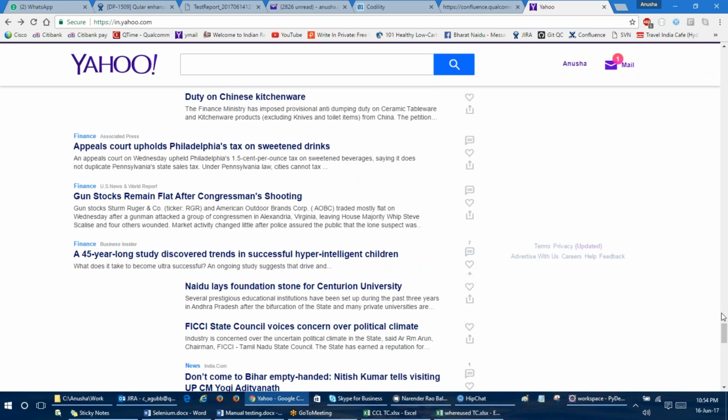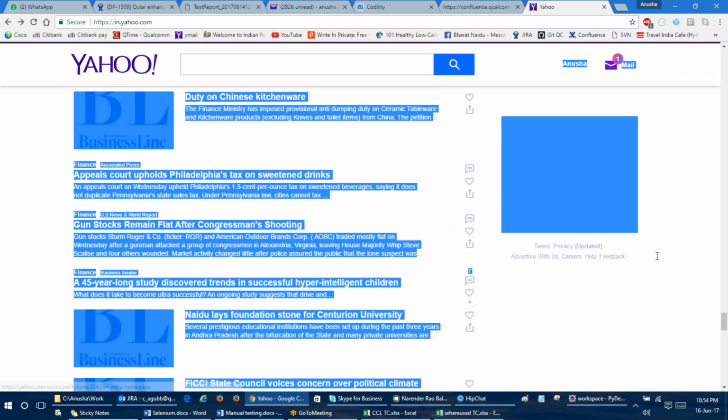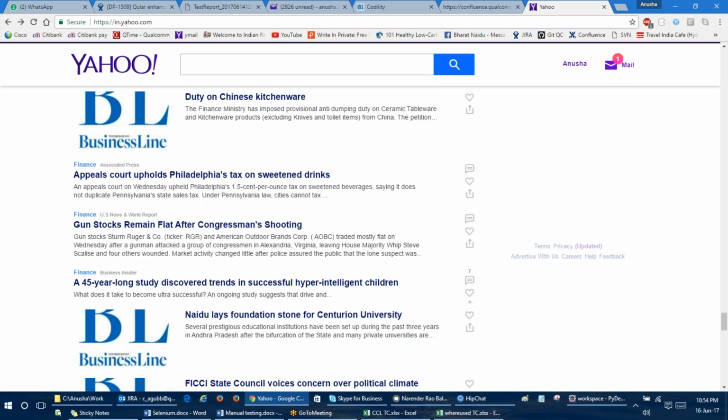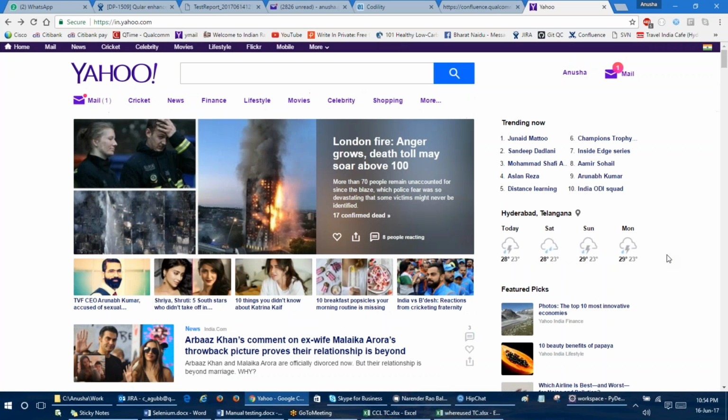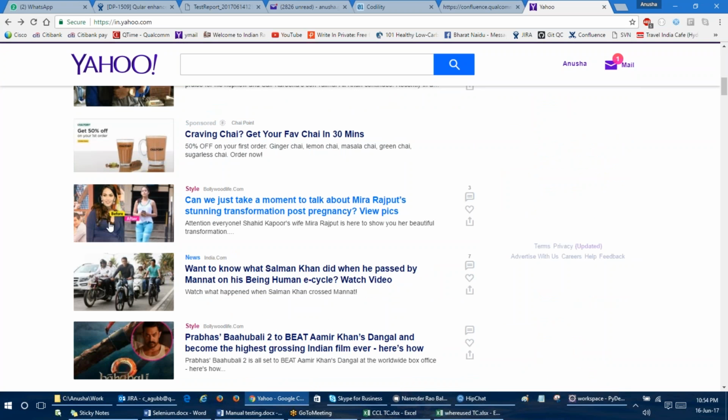And then these privacy terms and stuff should be there. There's a lot of stuff. And then all these images should load perfectly. There should not be any image not found icons. And then you have the department of the news